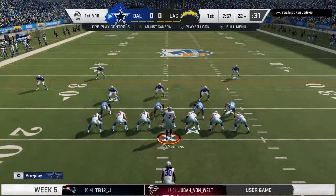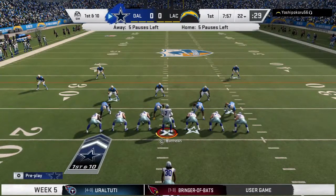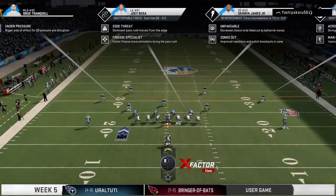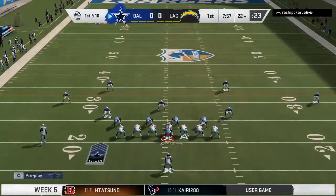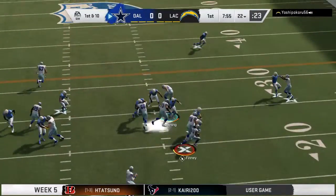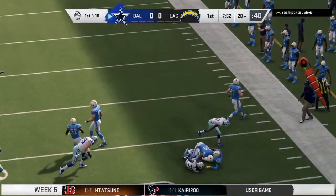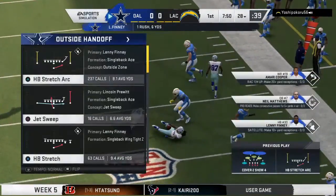Come on, set, 50, plant. Use the mic. Hey, check. Hey, Mike 52. You did it. On first down, Finney. The game's first play produces...